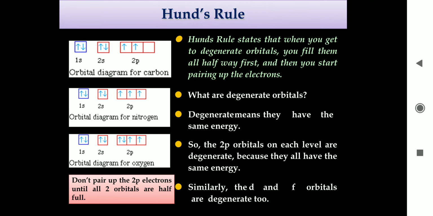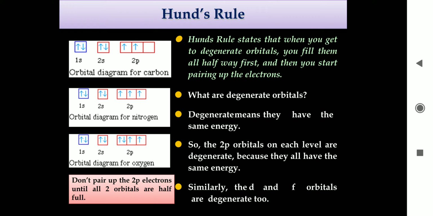And the third rule is Hund's maximum multiplicity rule. This rule is useful for filling of electrons in degenerate orbitals. What are degenerate orbitals? Degenerate means they have the same energy. Here Hund's rule is stated as: electrons do not pair up in an orbital until each available orbital in the given subshell contains one electron,